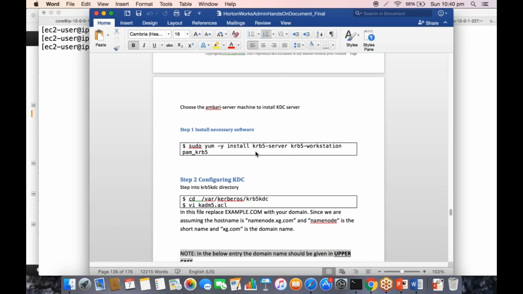We are going to install the server, and also the client, and PAM, which stands for Pluggable Authentication Module, a Linux module for authentication. So let us first install the necessary software. Sudo yum -y install. I'll copy and paste.